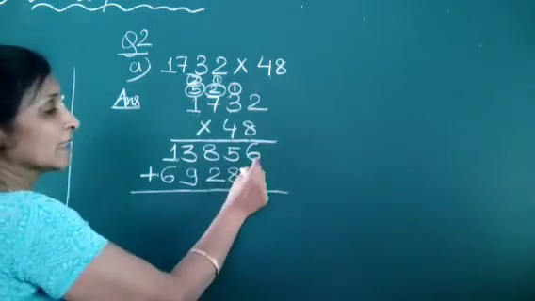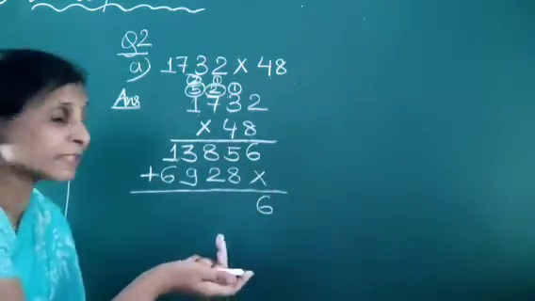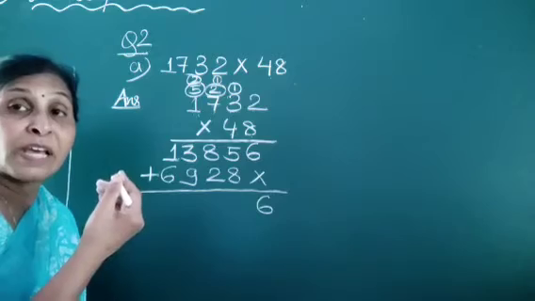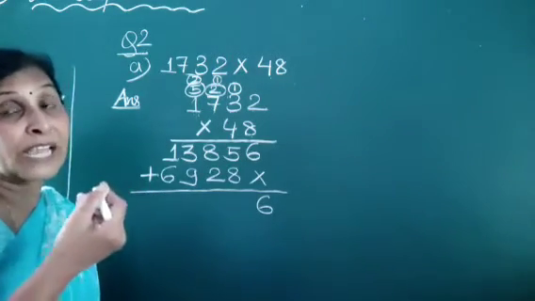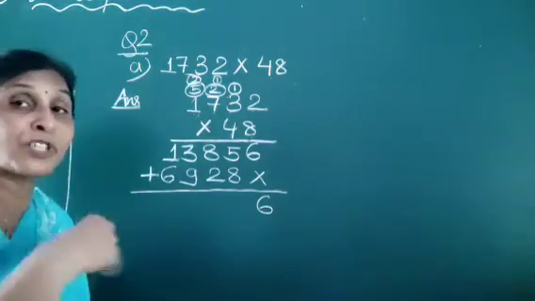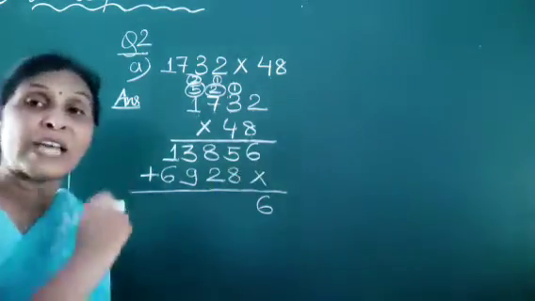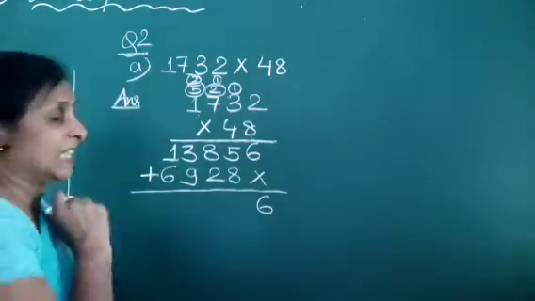Now we add. Here is 6 because 6 plus 0 is 6. If we add 0 to any number, then we get the number itself. Okay, if 0 is added to any number, then we get the number itself by the property of addition.